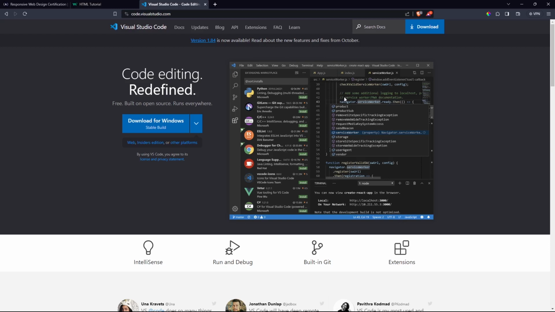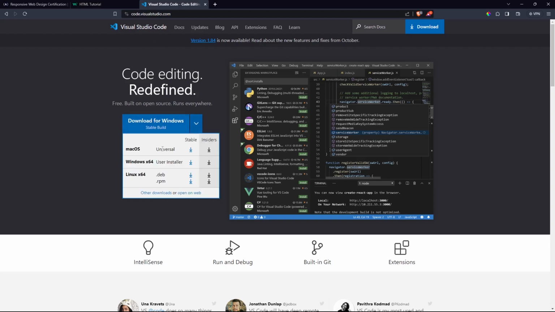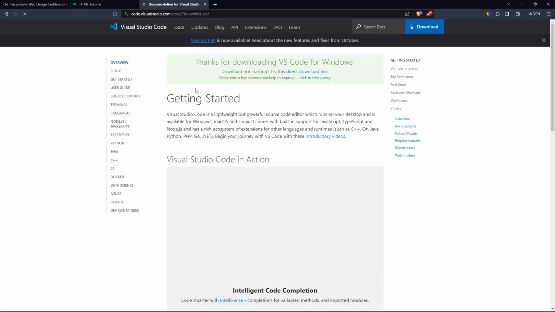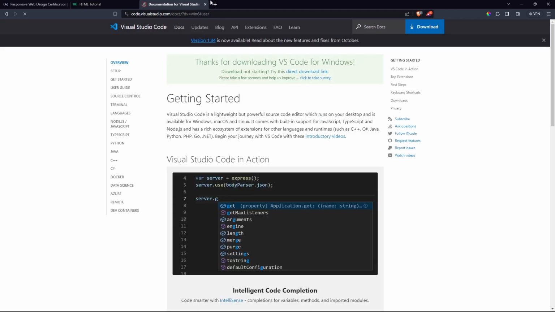So before we start writing anything, you're going to go to Visual Studio Code, because I'll be using this IDE for this course. You're going to download Visual Studio Code. Make sure, if you're using Windows, Mac OS, or Linux, just download it for your PC. And then once you have downloaded, make sure you install it. And once you have installed it, you're supposed to get